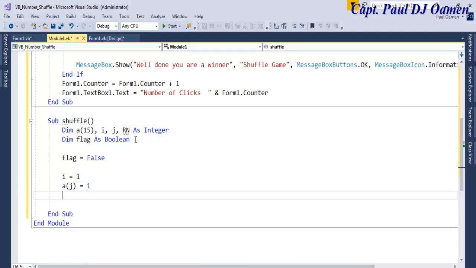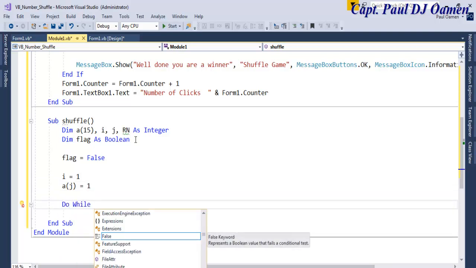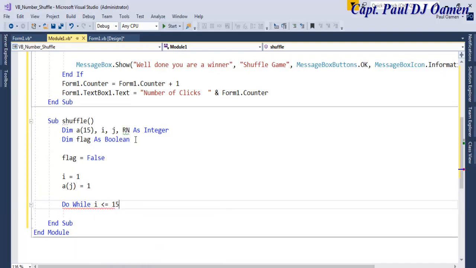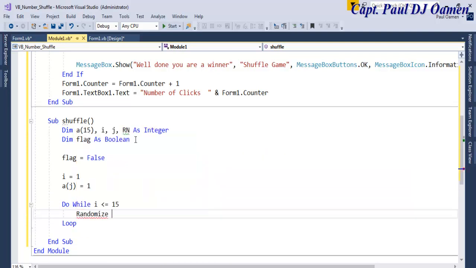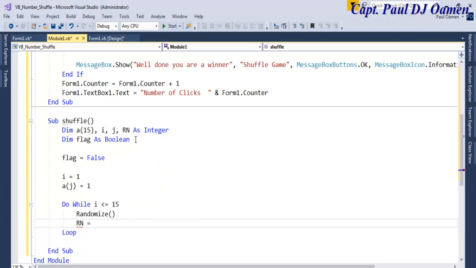Now let's use a Do While loop. Do While I is less than or equal to 15, and in that case let's use Random. Let's say Randomize, as follows, enter parentheses right there. Then rn equals,